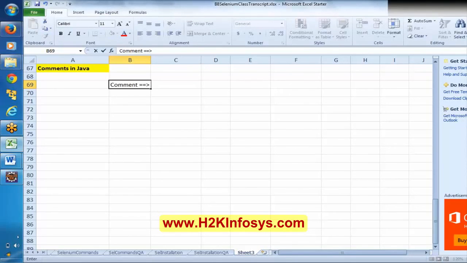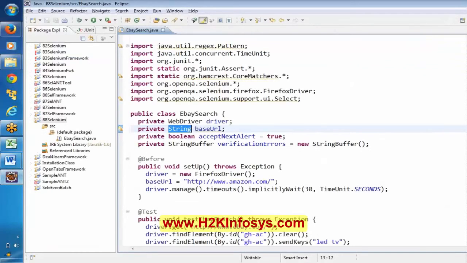A comment is a line which can be ignored by Java. You can use comments to understand what exactly our logic is going to be. Say here, if you observe, we have this base URL, but I don't know what this string is. I want to mention it here in the script.